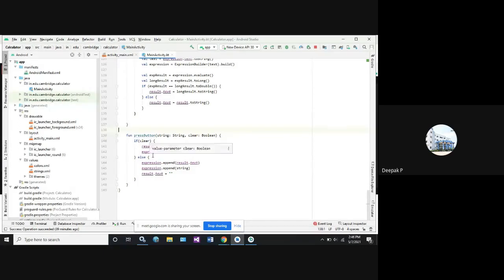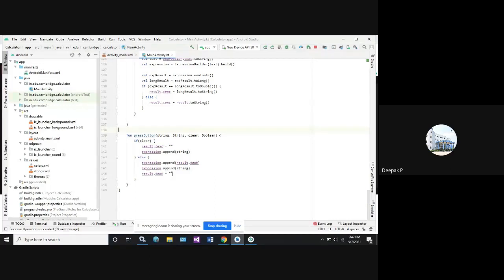Suppose if it is false. So at that time the else part code will work. Else expression.append. So it evaluates the data for the expression that I have taken. Next, once the result has been calculated, it will append the resulted data as a string here. I will tell you why it is going to take string as the data afterwards. Next, that data will be loaded in the result.text part, where I have written the result in the center orientation at the top side. It displays the content. Okay.